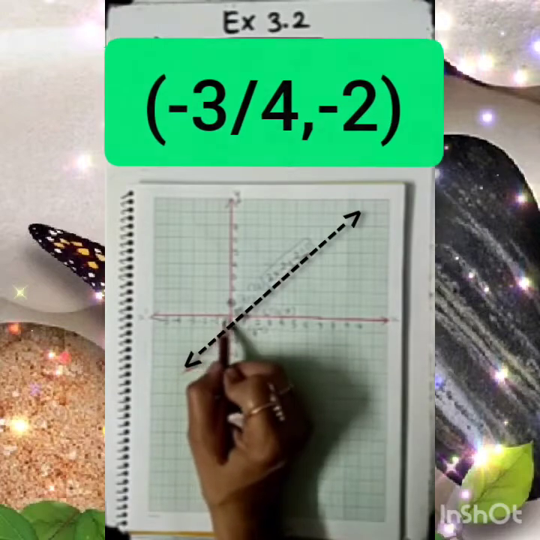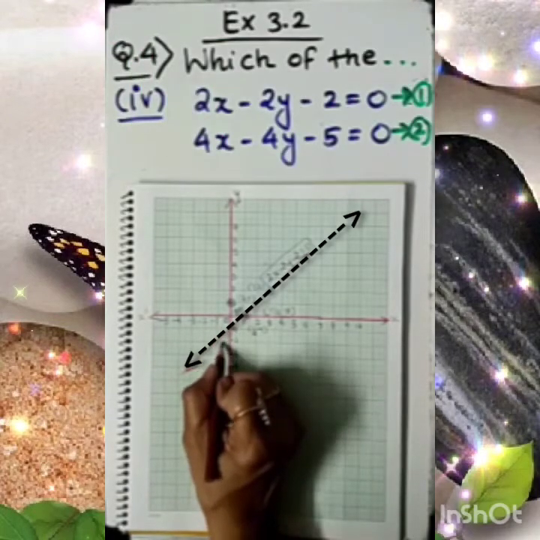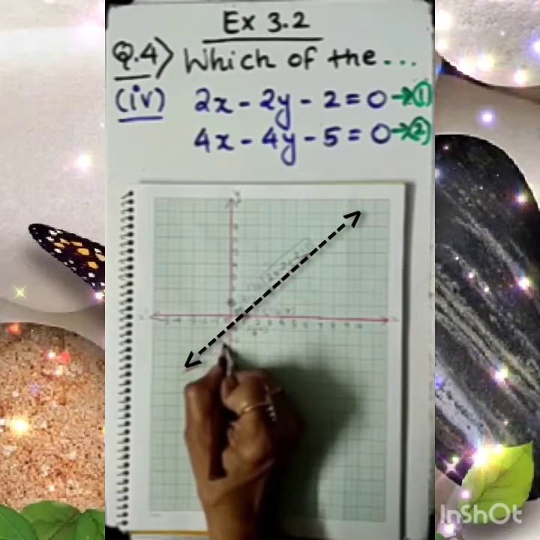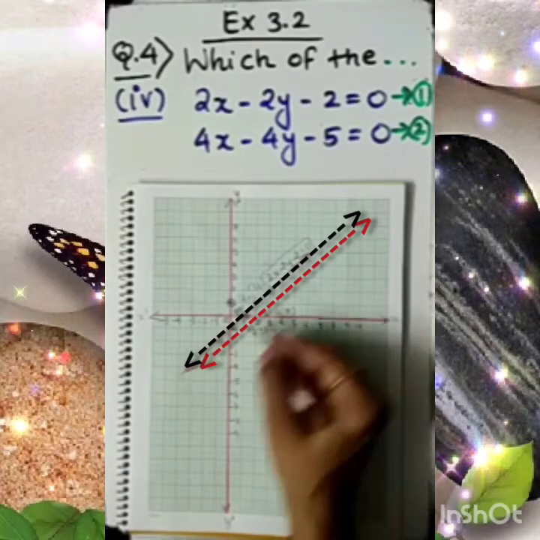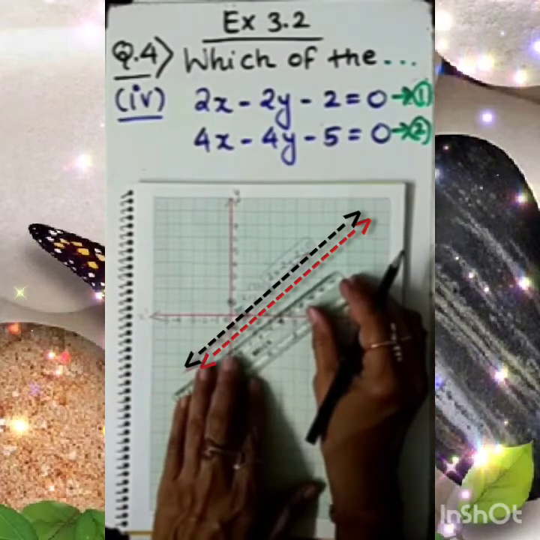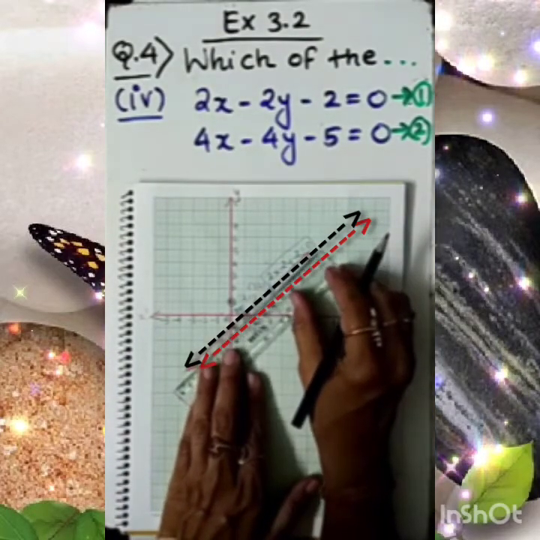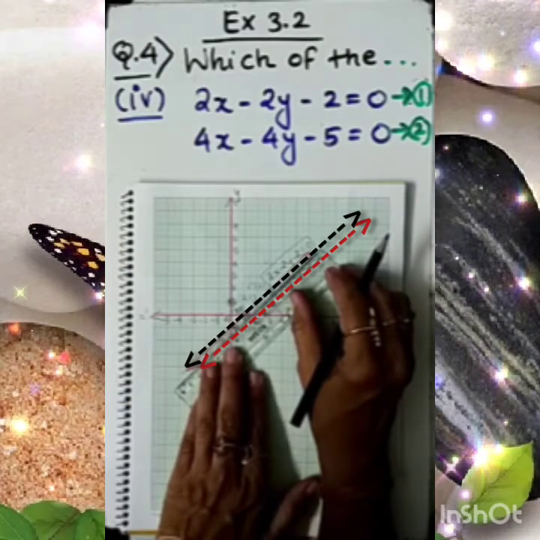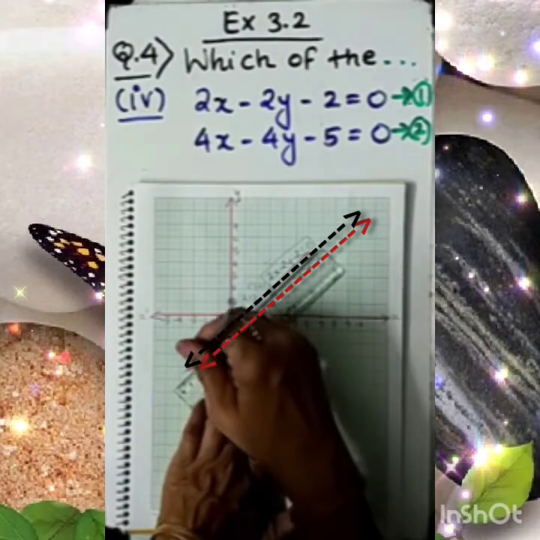And along with minus 2 on the y-axis. So on the y-axis here it is minus 2, you can see. So our point will lie somewhere here, which is quite nearer to our previous line. You can see if I join the line passing from this point, it is going to come just here. See, it will be here just nearer to that line.